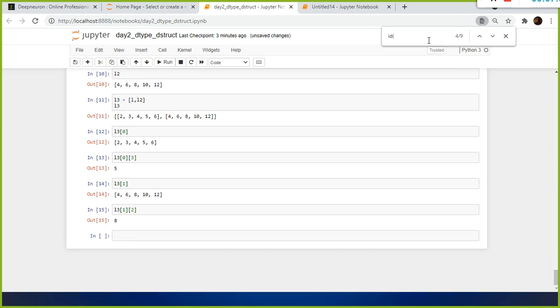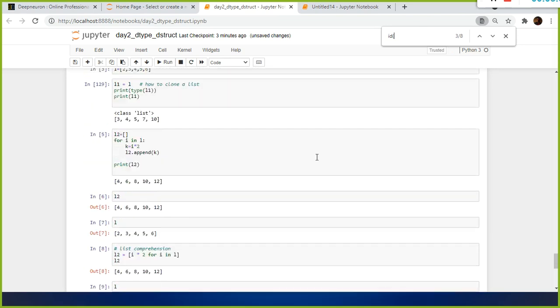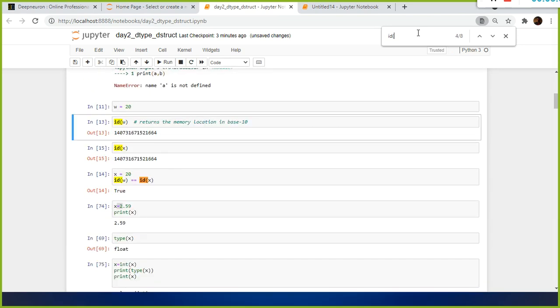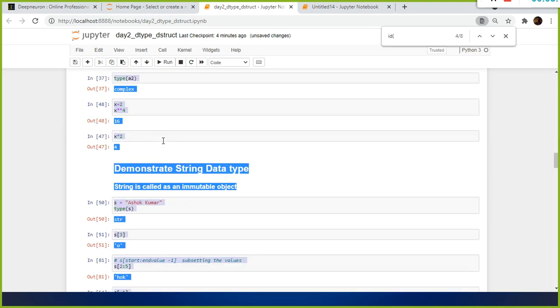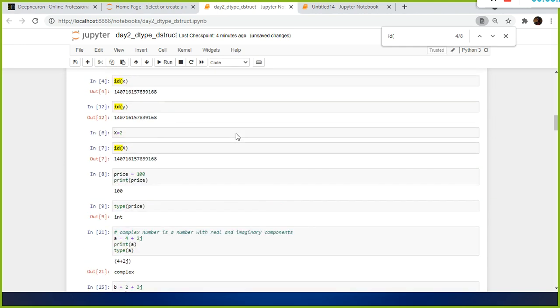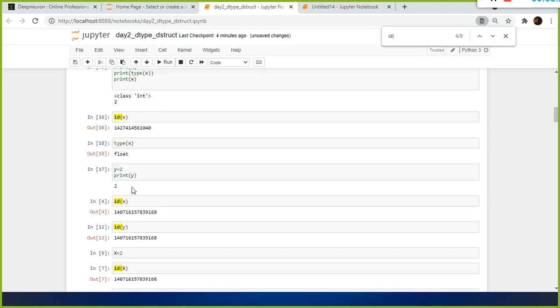That is what it says. But in this case, both the variables w and x share the value 20 in the memory. That is the beauty of Python. This is called the interning concept.